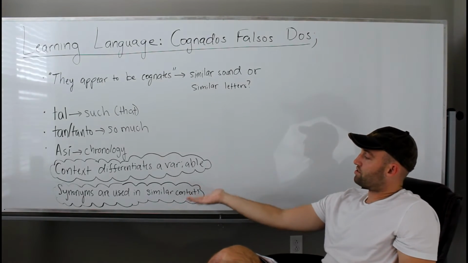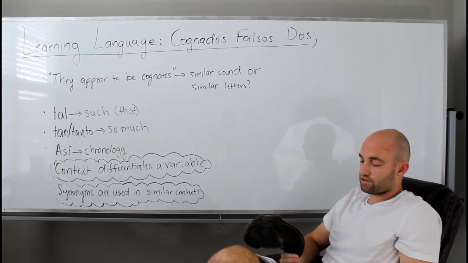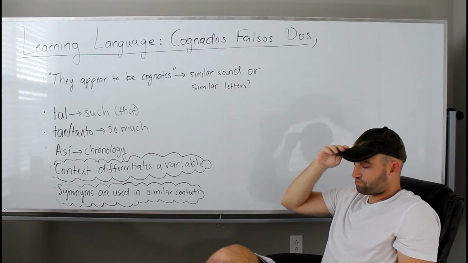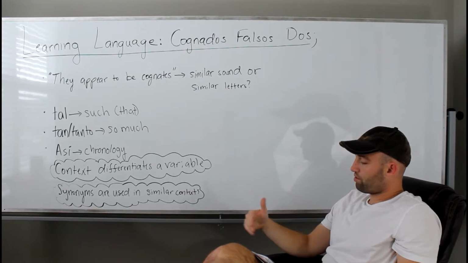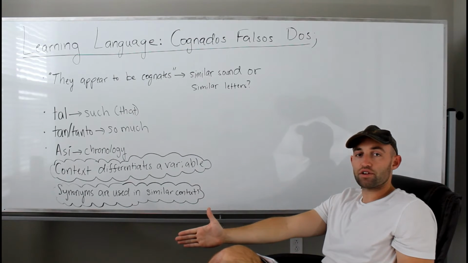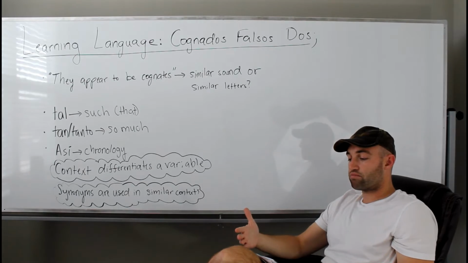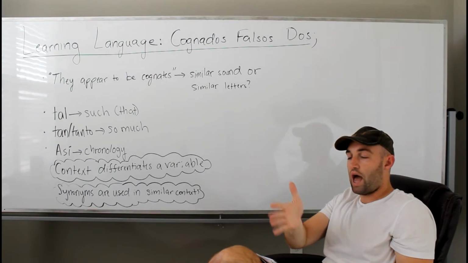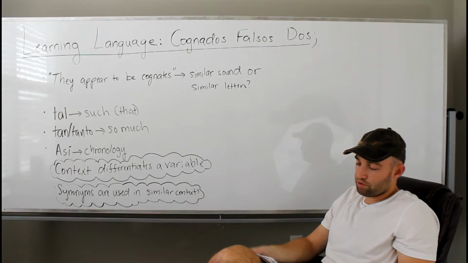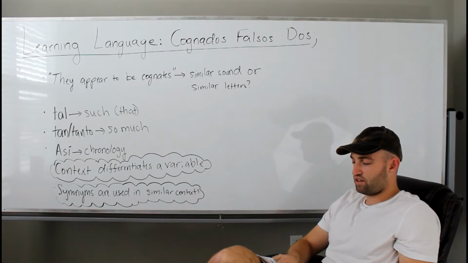And that's what I mean when I say synonyms are used in similar contexts. When I'm going through these different cognates or alleged cognates, each time I look up a given word directly in the dictionary in the right context, the other words around it in the dictionary are going to be applicable to similar contexts. It'll be more clear with better examples down the line. We'll only do about 10 today.